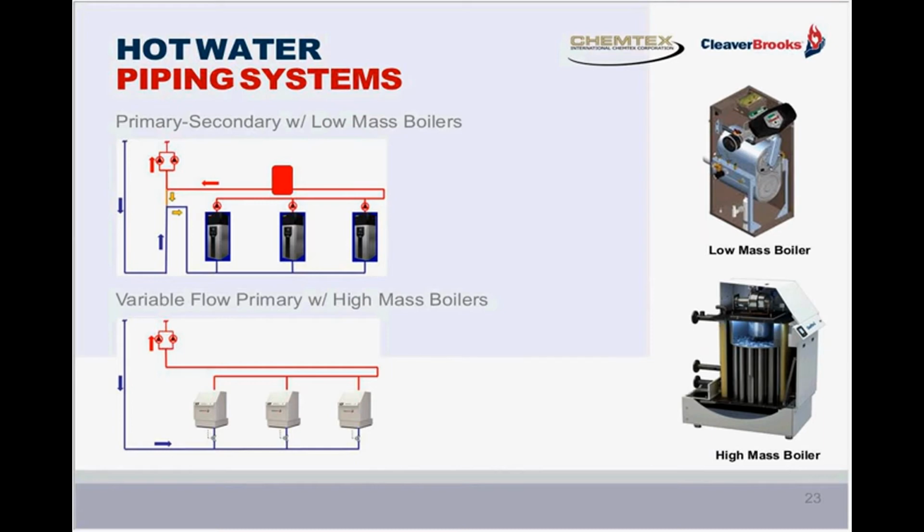Now, I mentioned before that not only have the piping systems been evolving over the years, but also the boilers have been changing to allow for much higher efficiencies and resistance to thermal stresses and fireside corrosion. Looking at the top piping arrangement, you see the primary-secondary system again with low mass condensing boilers delivering, depending upon the operational conditions, efficiencies in the very high 80s to 90s. These boilers need to be piped in the primary-secondary configuration due to the need for minimum flow because of their